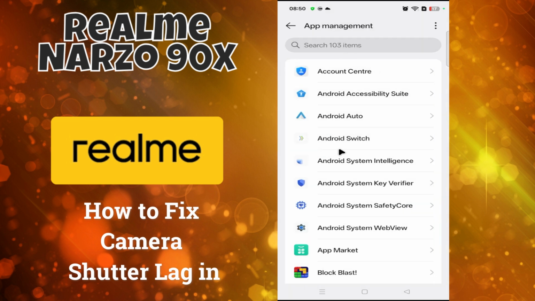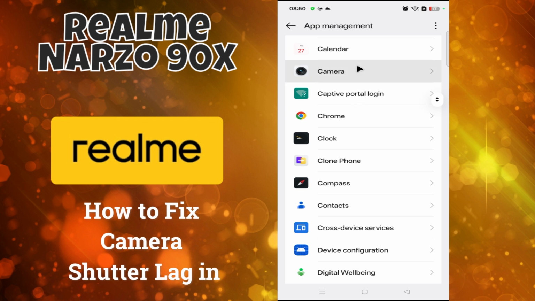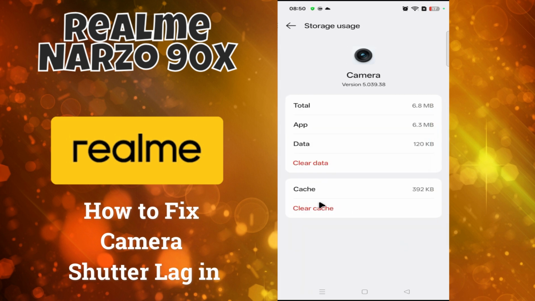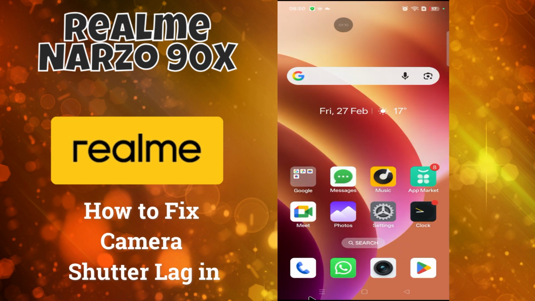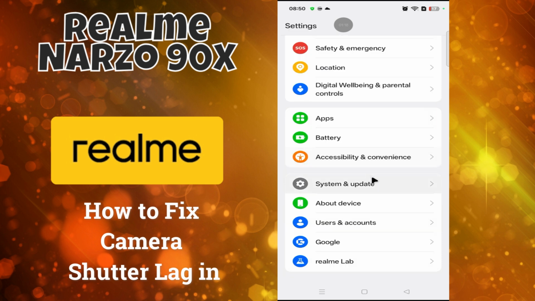After clicking on app management, scroll down and search for the camera app from here. After clicking on the camera app, click on storage usage and click on clear cache. After clicking on clear cache, go back to the home screen. You will see your problem is solved, but if it's still not solved, click on the settings app, scroll down